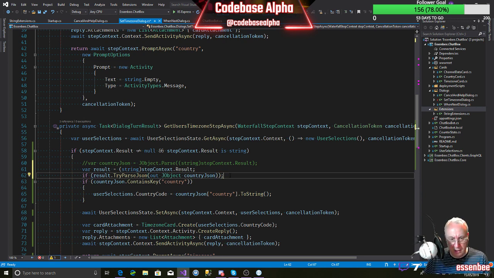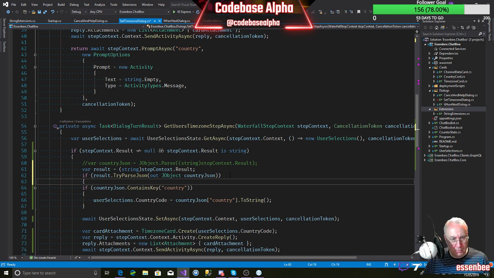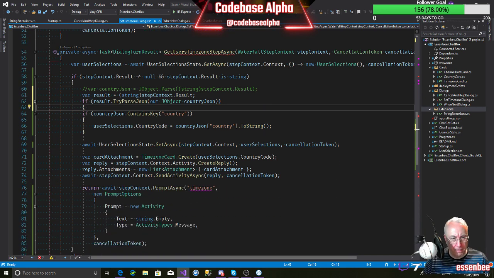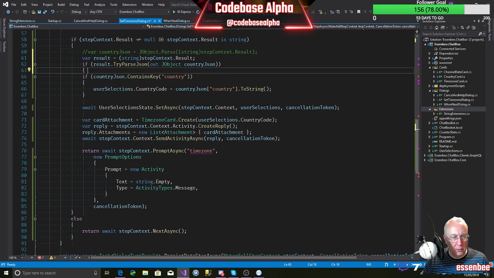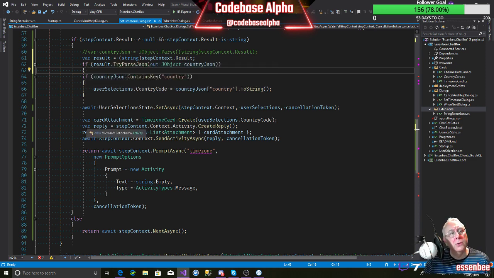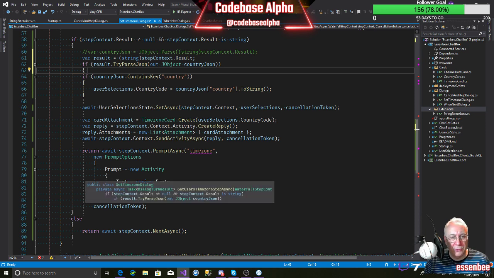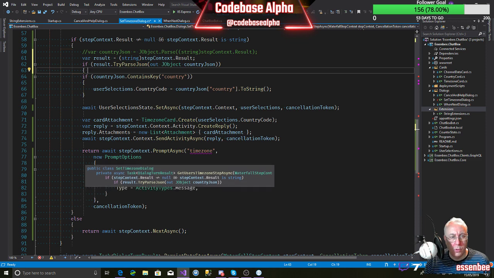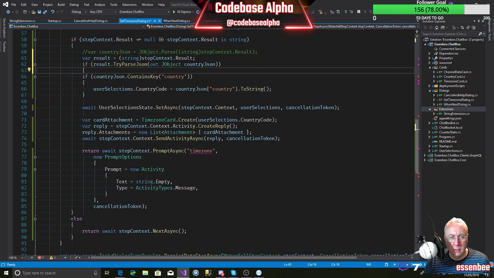So if that, then once again we're going to be skipping over extracting the country, aren't we? So then we'll process, then we'll extract the country into here and set the user state.